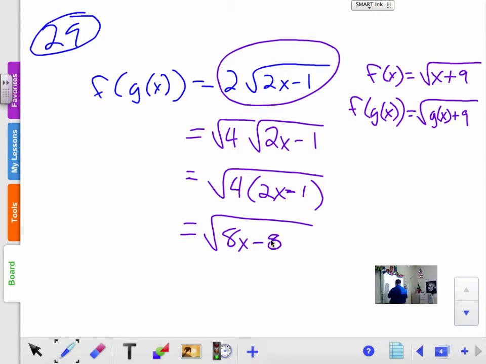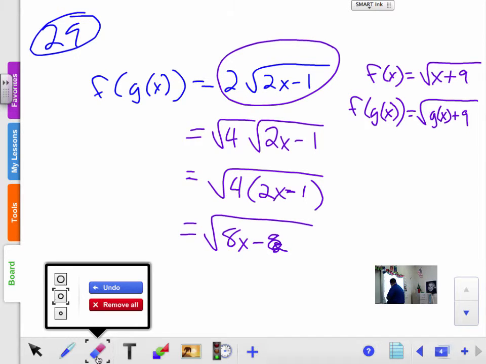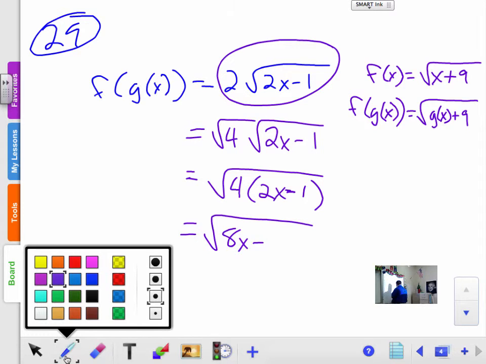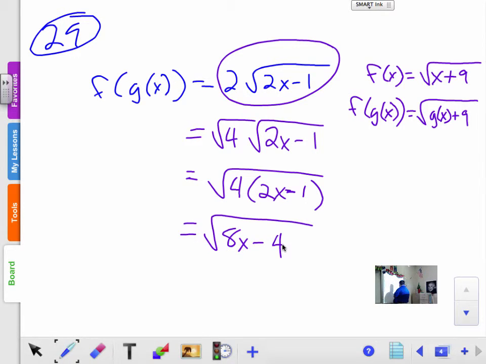minus 8. Whoa, why would you minus 8? Or minus 4, I apologize. I'm getting ahead of myself. I'm trying to figure out. All right, so this would be minus 4. Okay? So I need to plug something in here for g of x that makes this equal